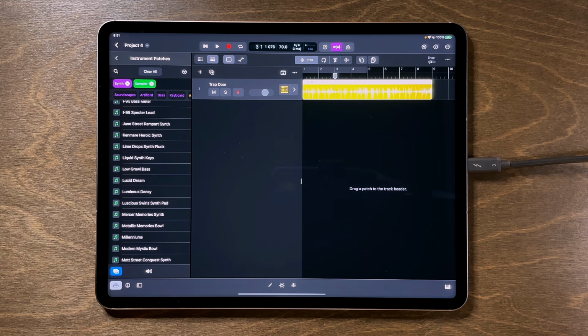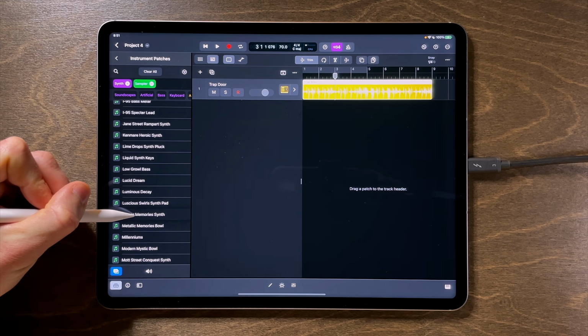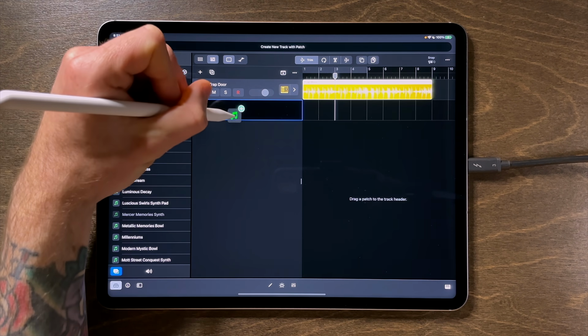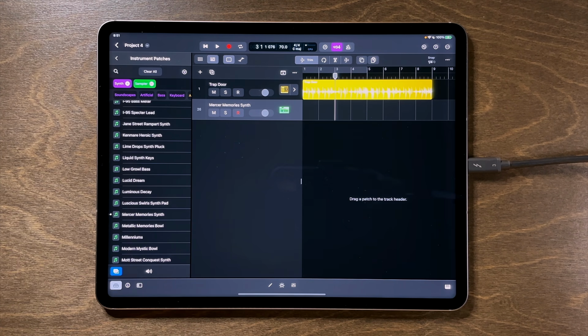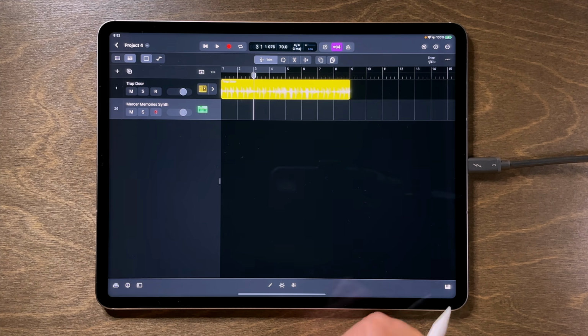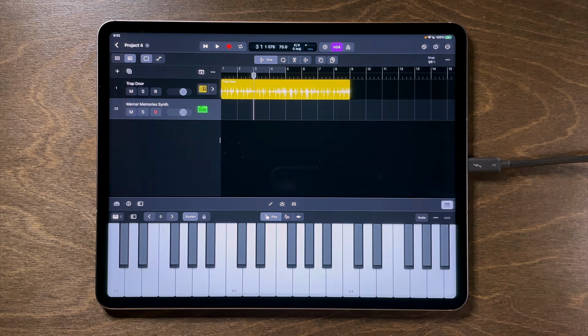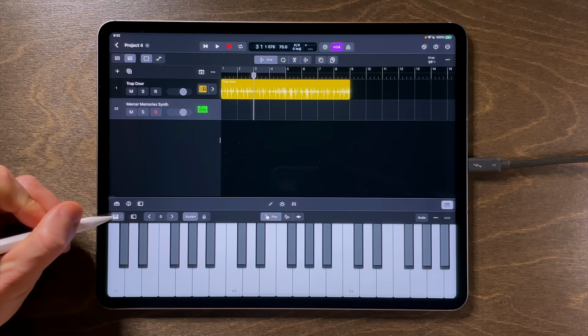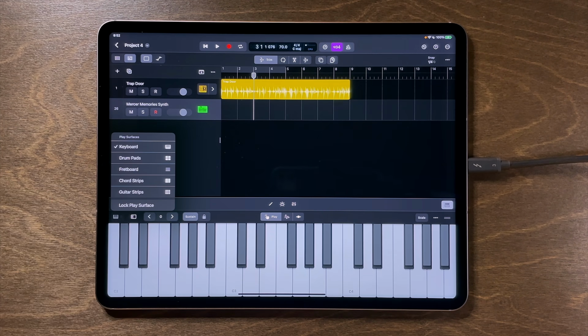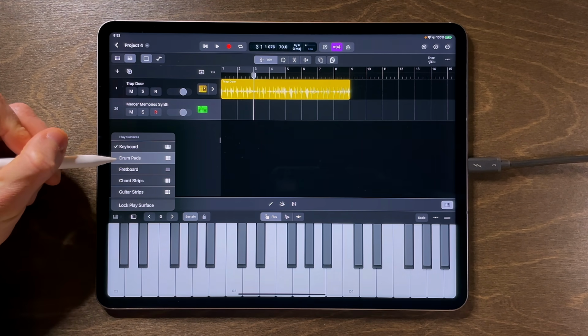And to load this instrument patch to a brand new track in our project, all we have to do is press and hold on the title and drag it into the tracks area to load a brand new track. There you have it. We're now ready to begin performing and recording with the software instrument patch. So let's close the library for now and open the Play Surface window. I'm going to change the Play Surface view just by clicking on the Play Surface button in the upper left-hand corner. And we can choose between a keyboard view as well as a drum pad view,